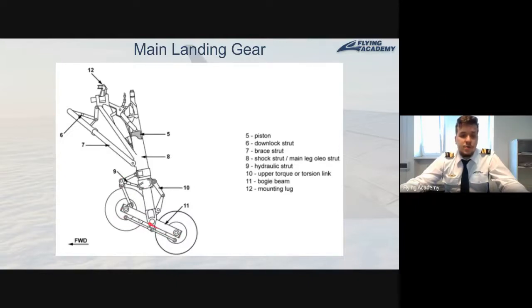In case our landing gear is equipped with more than 2 wheels on one landing gear, we will have some special bar which will provide for us the ability to put more than just one wheel. And this bar we will call a bogie beam. On the bogie beam, we'll be connecting our wheels on the axle.